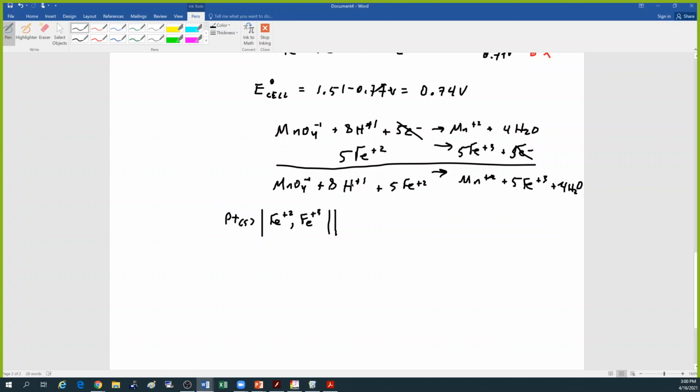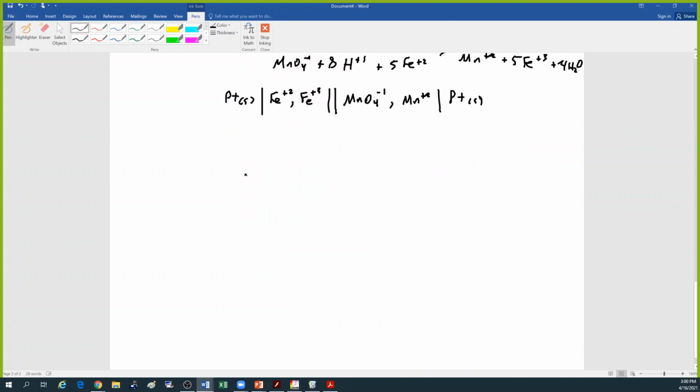Then, again, the order that it's being reduced in, it's the permanganate, comma, the manganese 2 ions, because that's the direction it's being reduced. Line, and then another platinum electrode. There's your line notation. I'm not going to bother with the coefficients. Okay, and then finally,